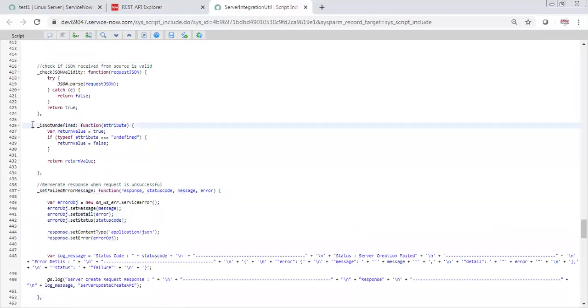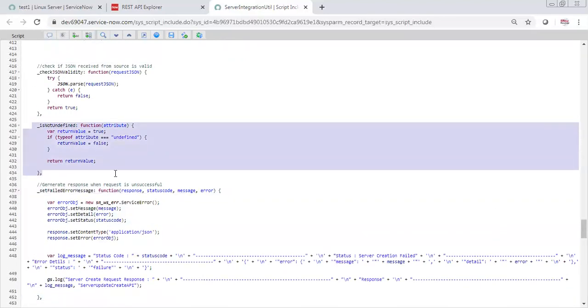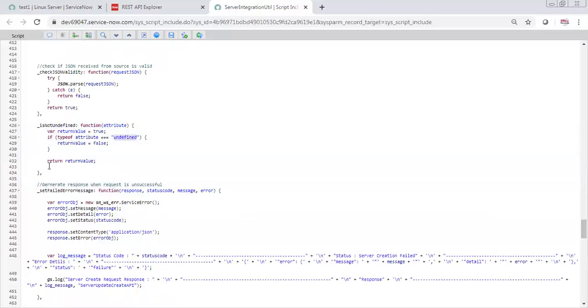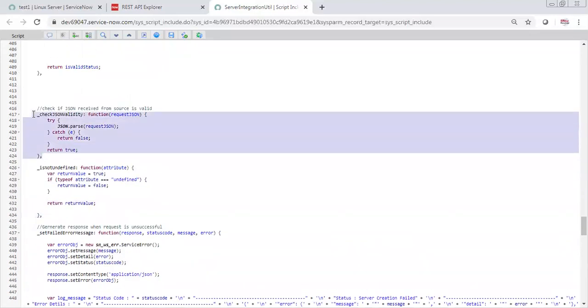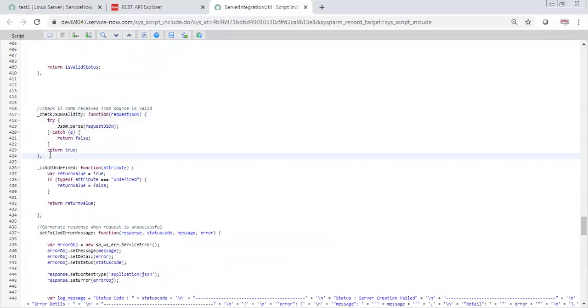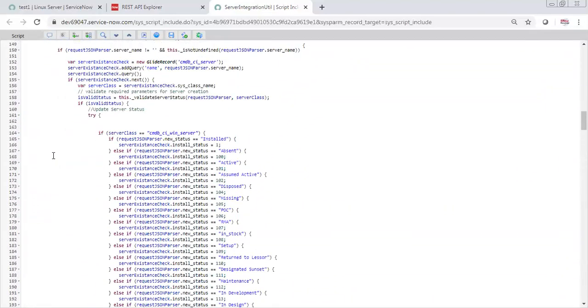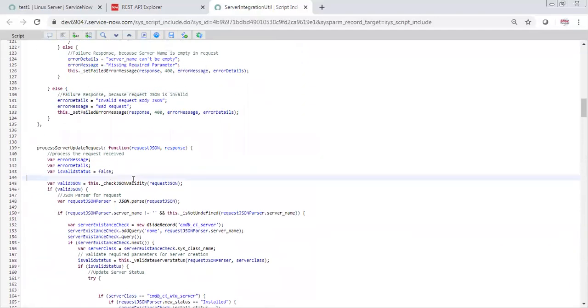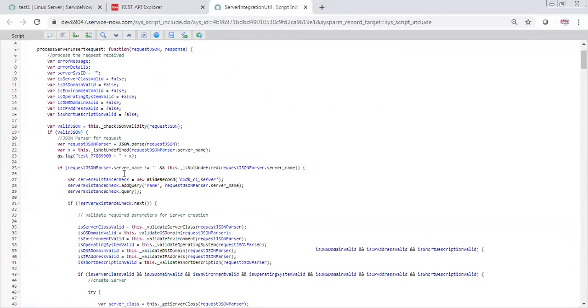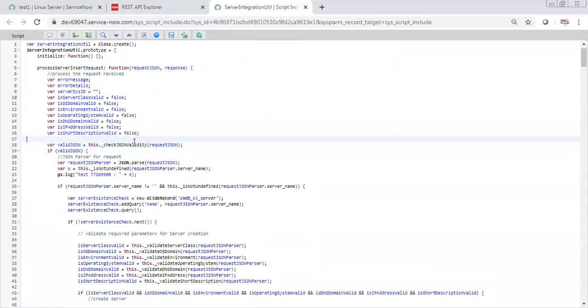Then this is not undefined. So it is something standard. If they send the undefined value, then this function you can reuse in each integration. The valid JSON check, you can use as a standard. Then again, what you can use as a standard is the structuring. If I say, where it is, this part, first you need to always check whether the JSON is valid or not. Key can be different, but JSON validity is not checked based on keys, right? So you can have this as a standard.